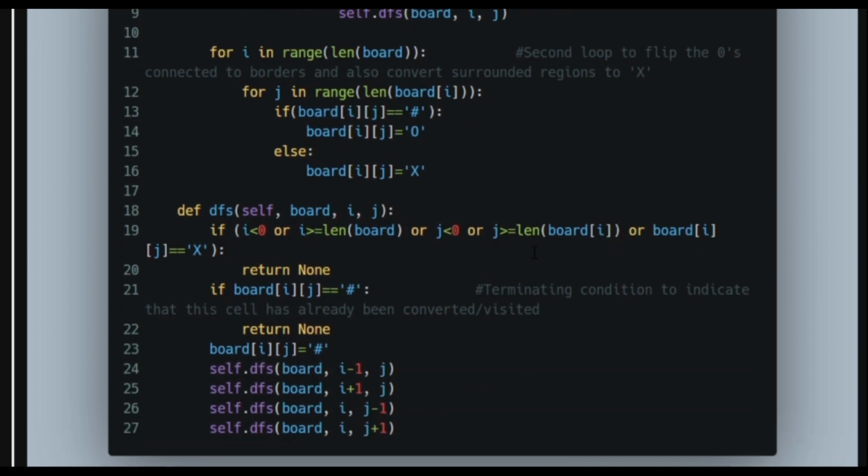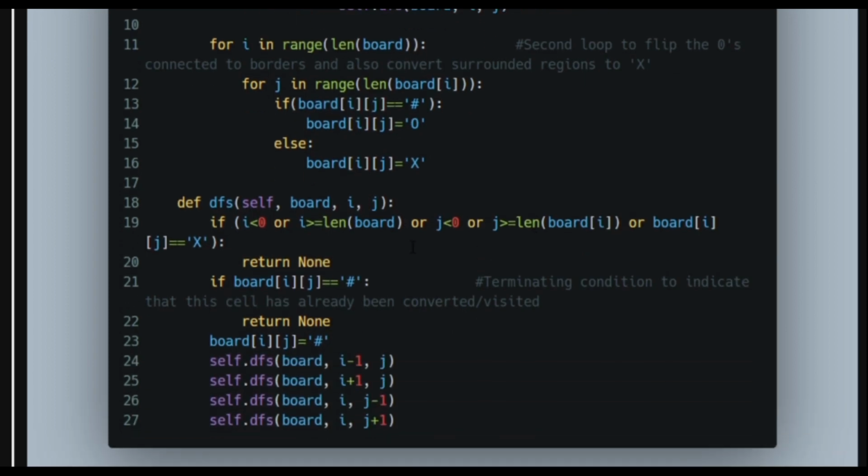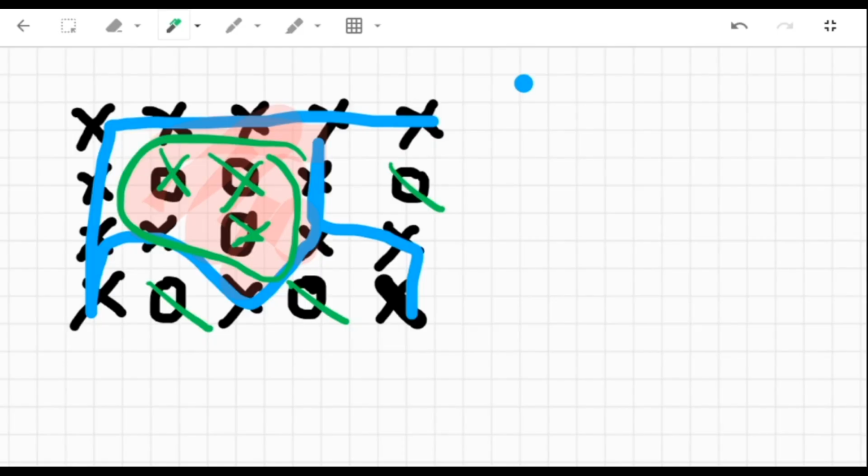And here's our DFS function. What our DFS function does is, it first checks that it is not going out of bounds. Then, if it is an O, we give it the value hash, because it is only called when it is a border O. I have to somehow mark that this is a border O, so I have given it the value hash, so that I know that other than X and O there is a hash.